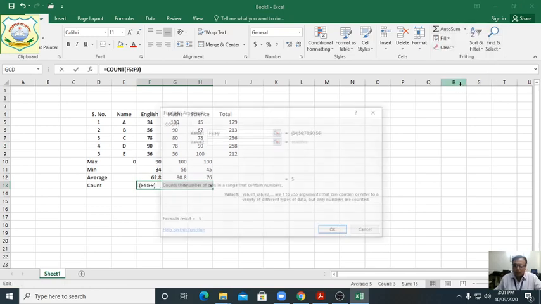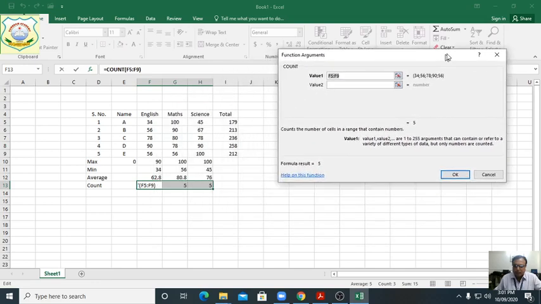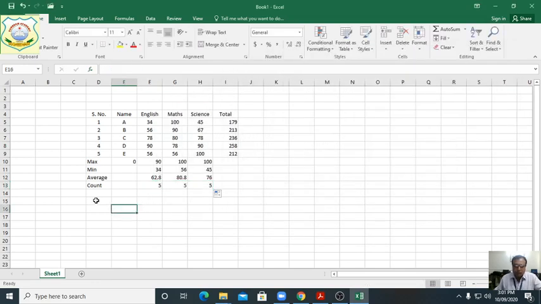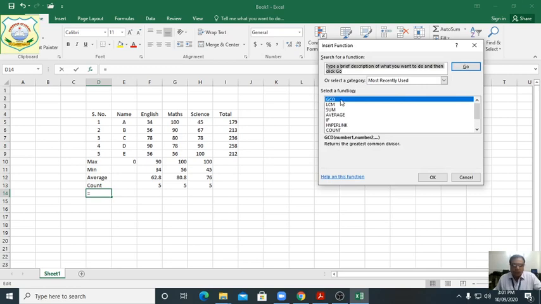More functions are here. The count function we have done. GCD, LCM, sum, average, if, hyperlink, count: all these functions are given, students.